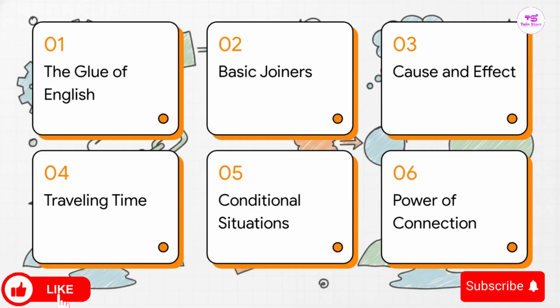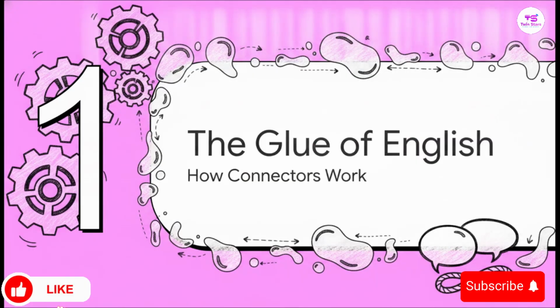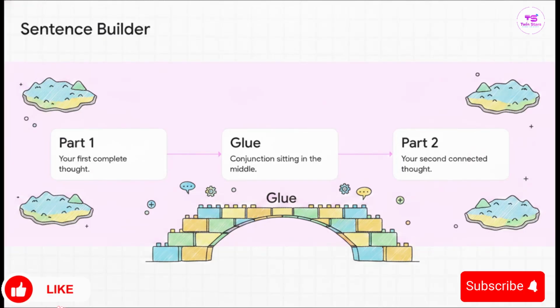power of connection. Okay, let's dive into section 1, the glue of English, and see exactly how these connectors work mechanically. I want you to visualize this like a simple building block approach, or almost like a math formula. Step 1, you have your first complete thought, sentence part 1. Step 3 is your second thought, sentence part 2. And sitting right there in the middle, at step 2, is your conjunction glue. It sits right at the seam, holding the two ideas together and telling the listener exactly how they relate to